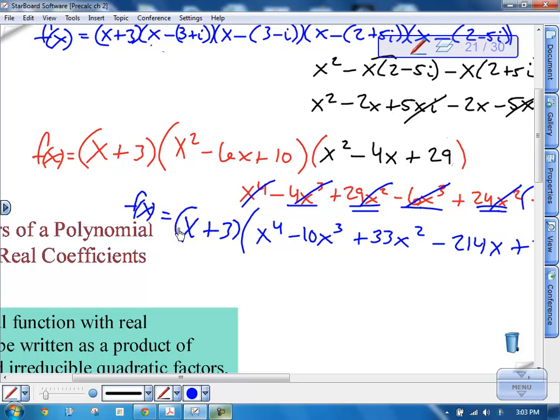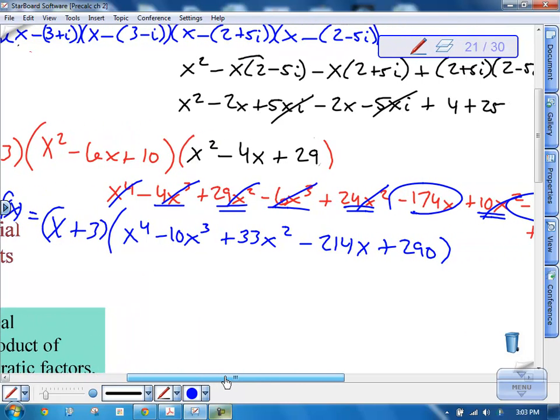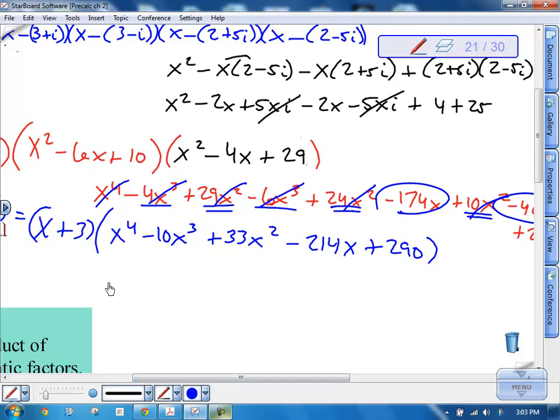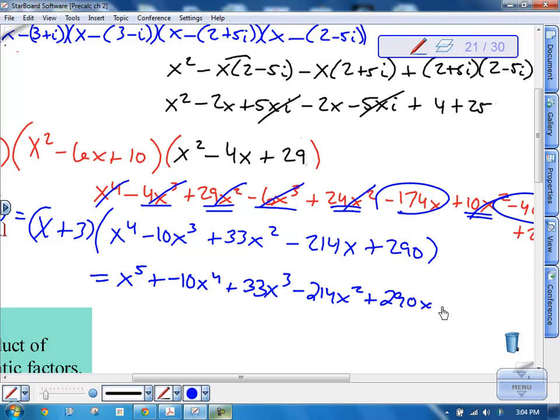Which, like I said, I won't give you one this long on a test, but I'm not done yet. I have to multiply this all out, which gives me x to the fifth plus negative 10x to the fourth plus 33x to the third minus 214x squared plus 290x plus, and now I'll multiply 3 through, so it's 3x to the fourth minus 30x cubed plus 90